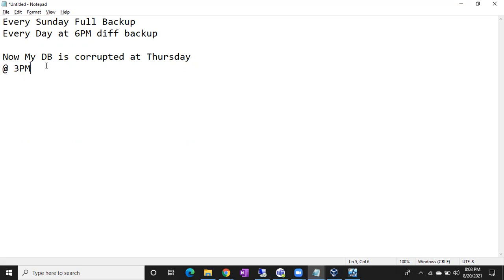My next question is how many backups I have to use to restore the database? How many full backups I have to use? How many differential backups I have to use? One full backup, sir, and one differential backup. Any other answers?